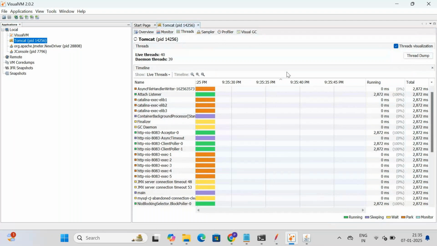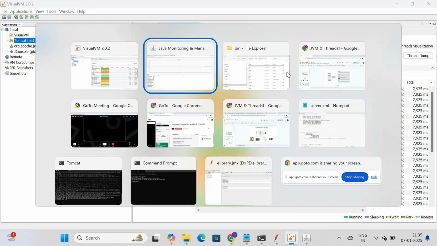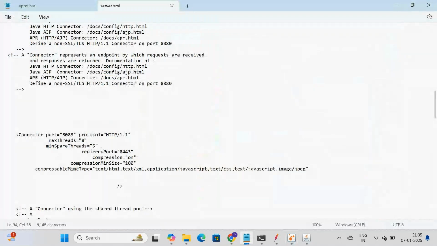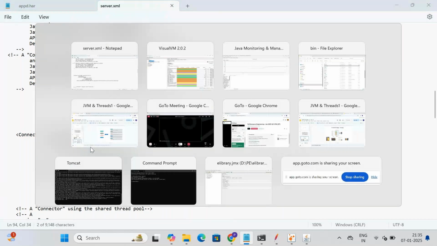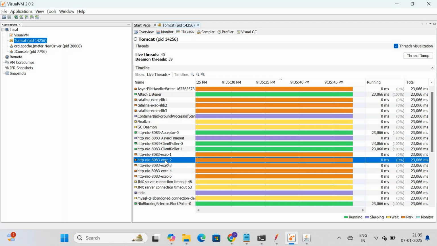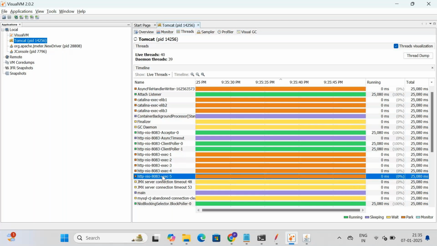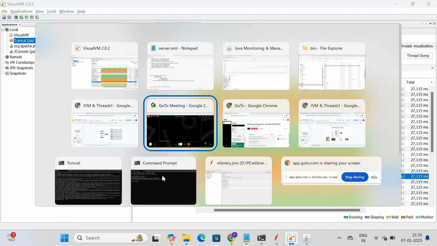Okay. Now what I will do is, let me go to the server.xml. See, in server.xml, we have given 5 as minimum thread and 8 as max thread, right? Which means initially there are going to be only 5 threads. So if you come to Visual VM, you will see only 1, 2, 3, 4, and 5. And even in Dynatrace, if you go to Dynatrace,